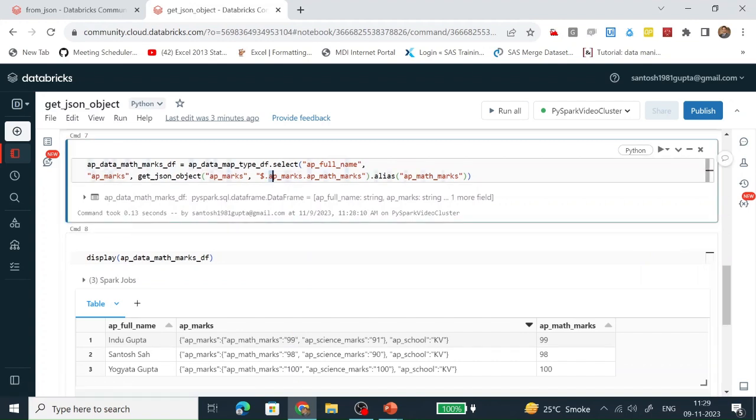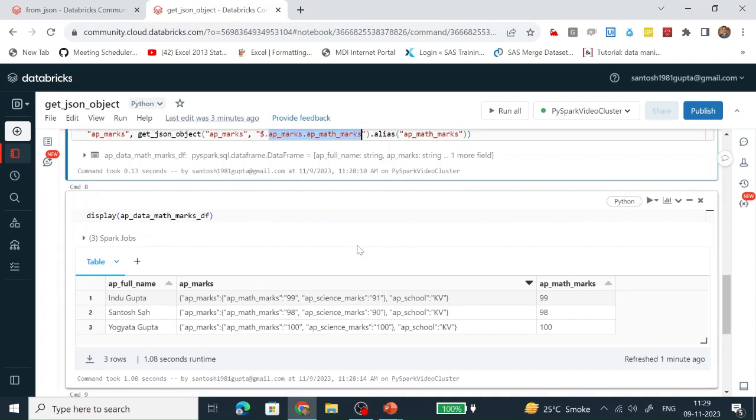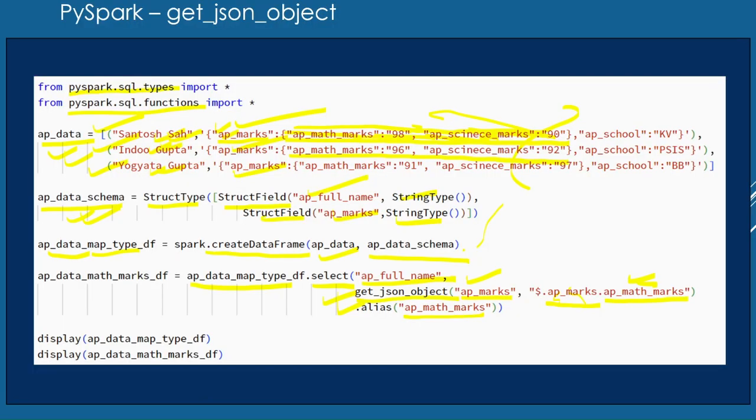So here we need to give the full path. Now we have seen how we can fetch the value from a JSON structure with the help of get_json_object. One thing we need to take care of is that we have to provide the full path from where we want to fetch the data from the JSON. Let's go to the PPT.